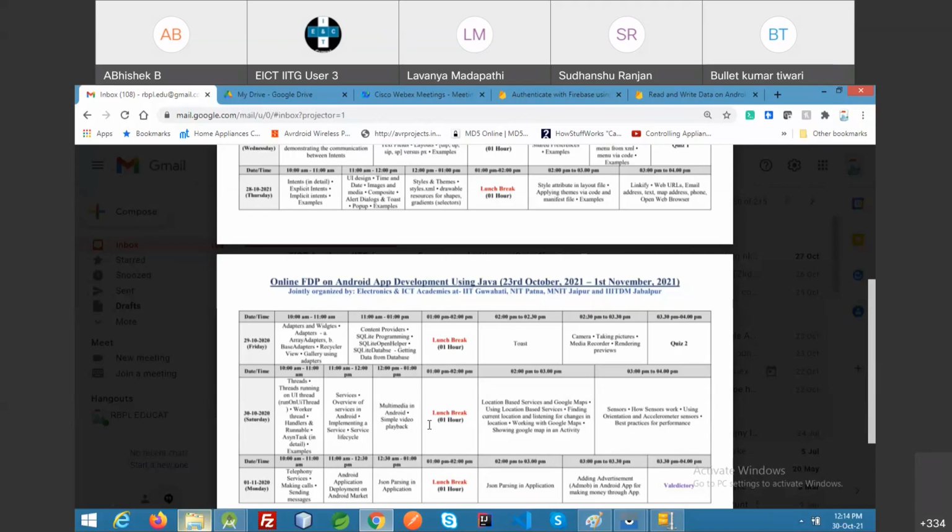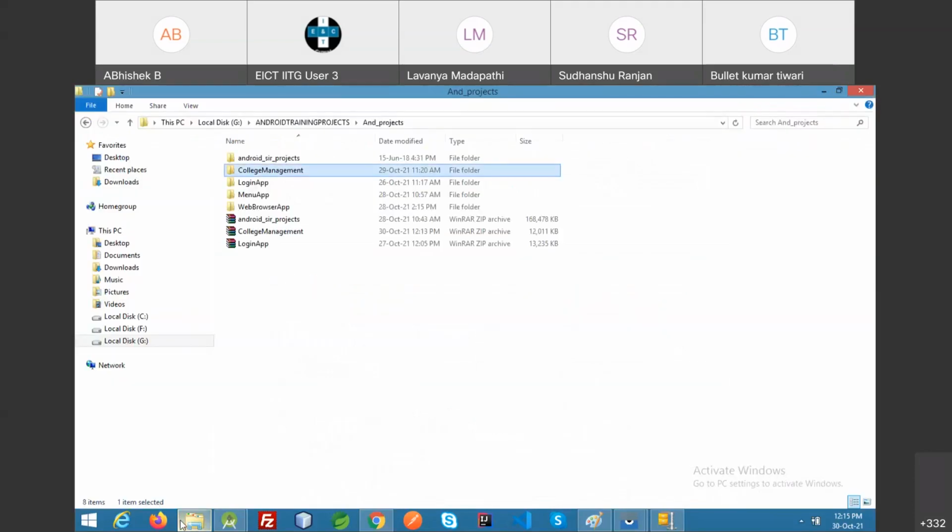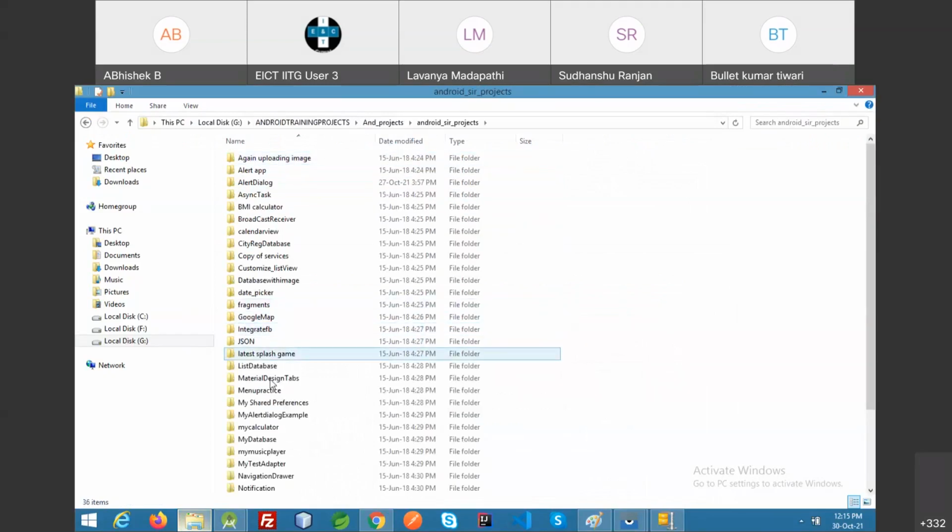Now let's see the camera and the music player that I can create. So the music player is very easy. I have already shared the project with you. Might be here, I have my music player.